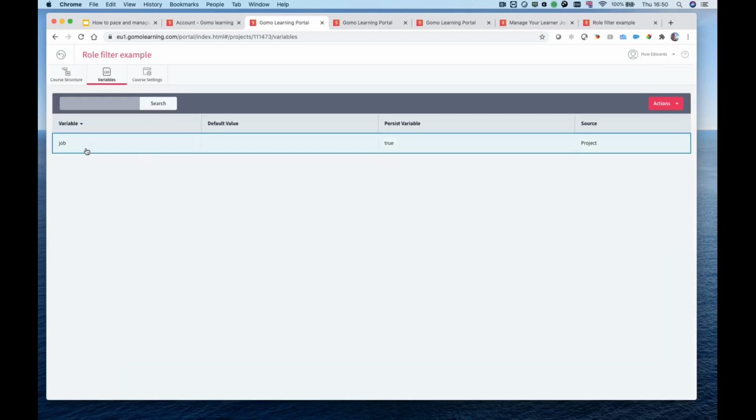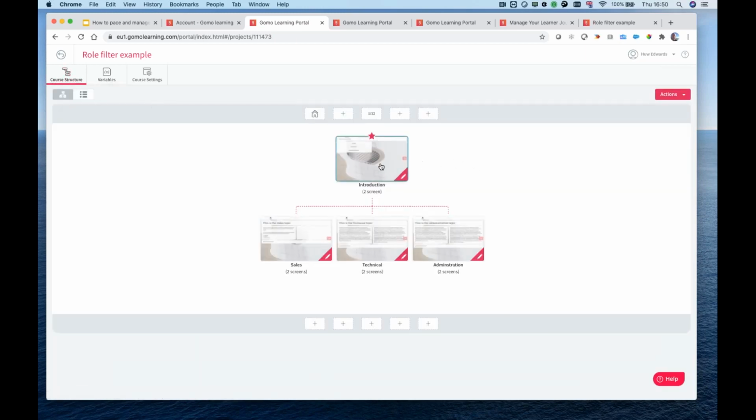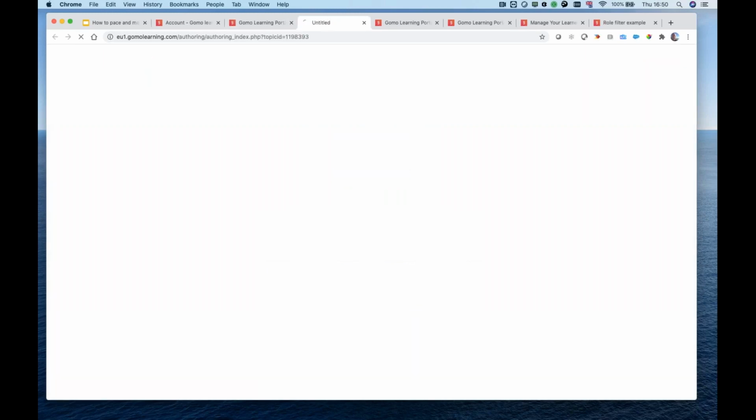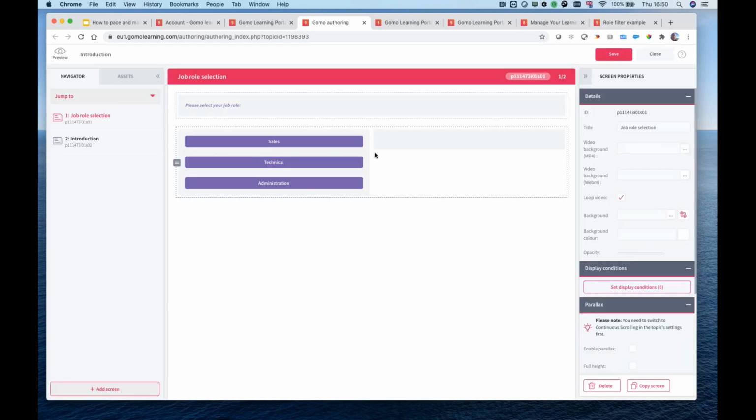So we now have somewhere to store that job role choice. Now let's go back in and see how we can use that in terms of the learning design. I'm going to open up my introduction here. We've got two screens in this topic. The first one is to prompt for, well, what's your job role? Obviously, this technique is general. It doesn't just apply to job roles. It just shows you how you can remember a choice and then have this kind of dynamic content and